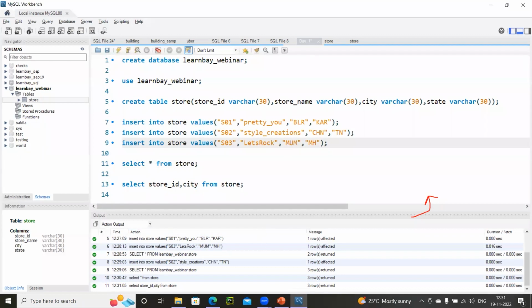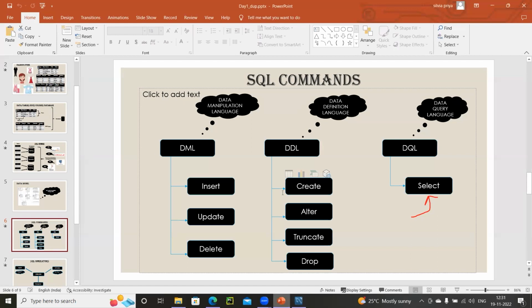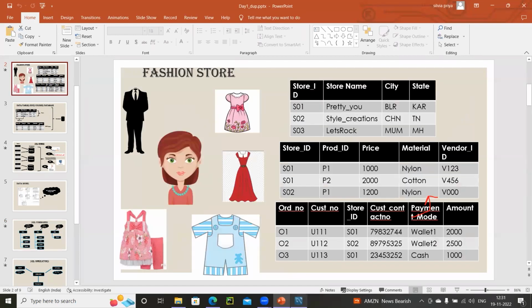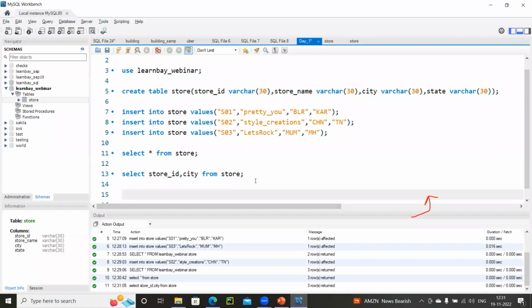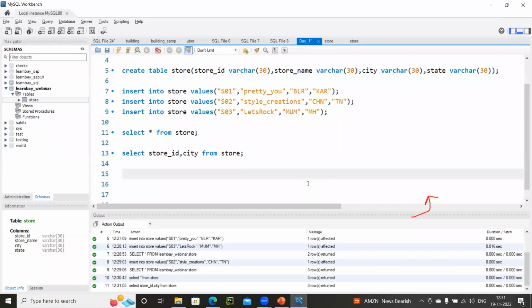Okay, fine. Now let's quickly create our other table. My other table is my second one, which I'm going to call store product, because I will be having the product wise detail under every store there. So I'm going to create table store underscore product. And here also I need my store ID, as we know. And this store ID and the store ID on my previous table are same. So I'm just making sure that the data types are similar.